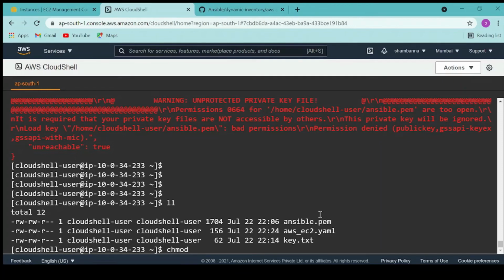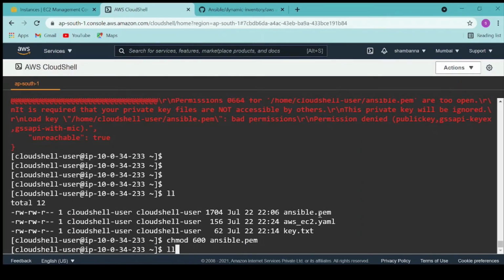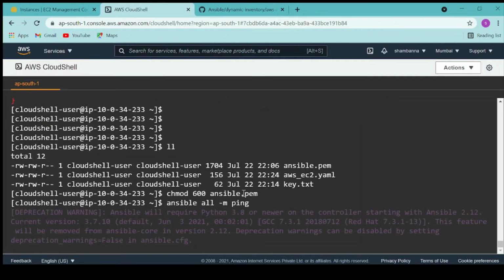Now we have 664, so I will make it 600, and to check this one, let's run the same command. This just removes the other permissions on that Ansible file.